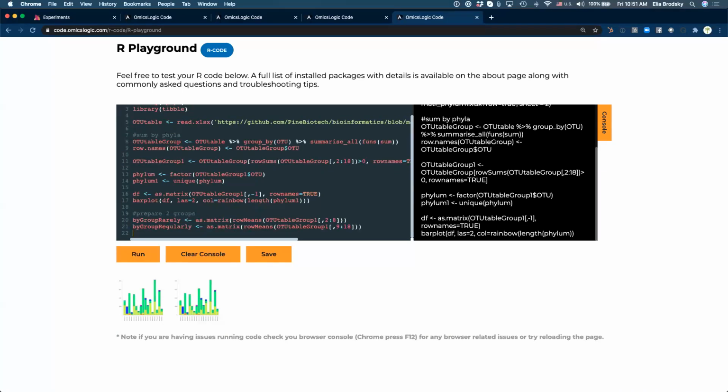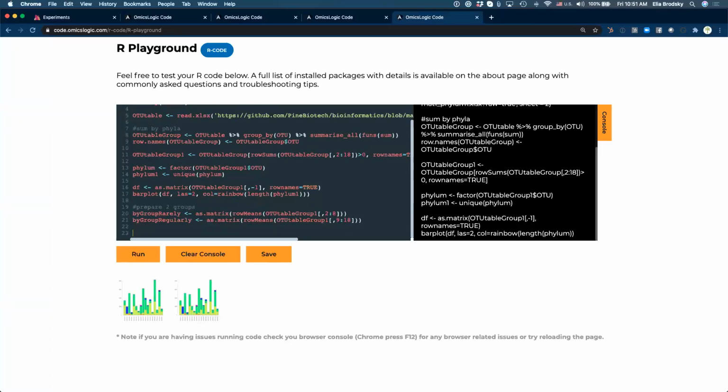Okay, so now it becomes a simple problem. We just need to combine them together, right? So let's just do groups, and we will say cbind, that binds them together. And we need to say by group rarely, and by group regularly.